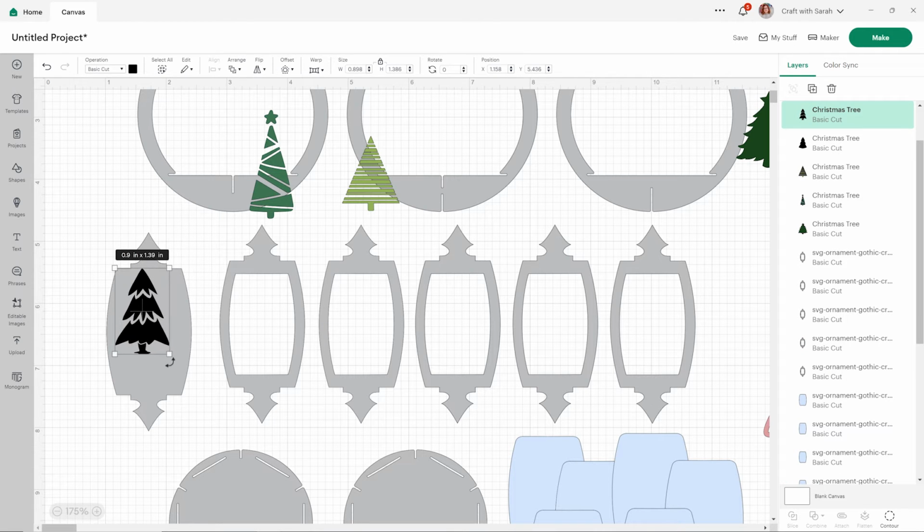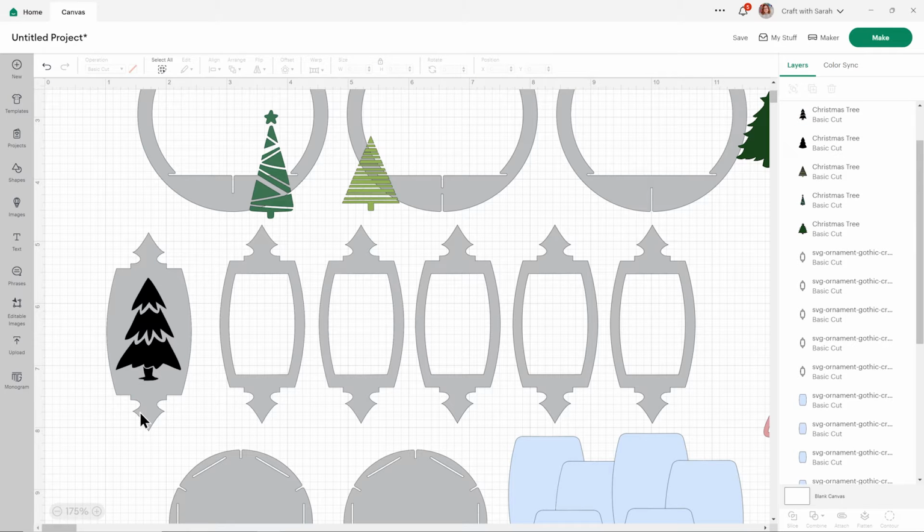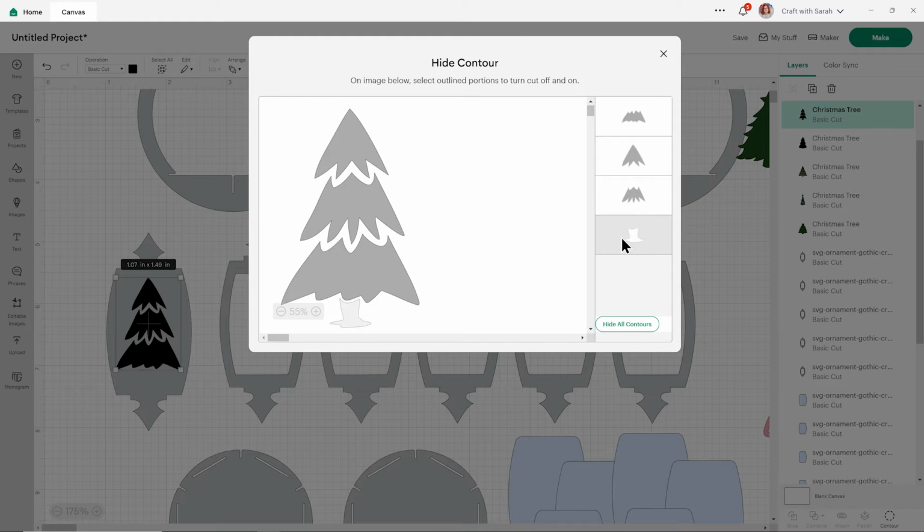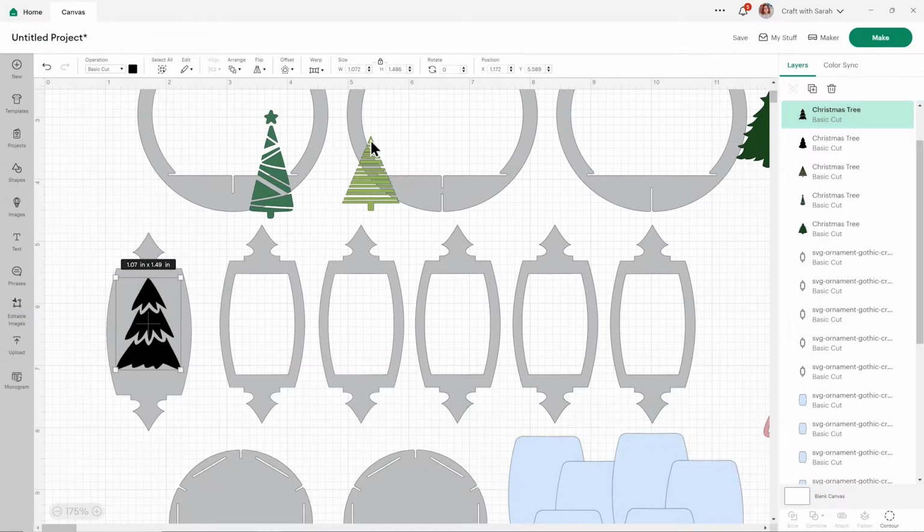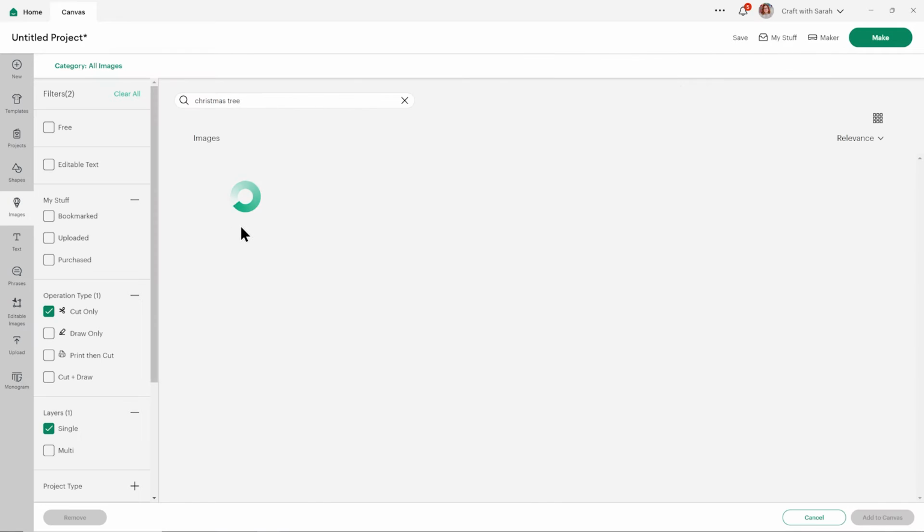Now I can drag my little Christmas tree over it, make sure it fits. There we go, position it where you want. And that tree trunk is very close. My Cricut will struggle with that. So I'm actually going to contour out the bottom and make a little rectangle instead.